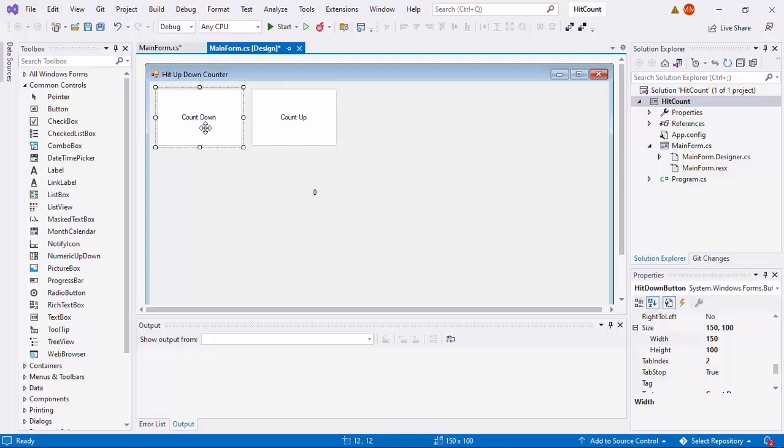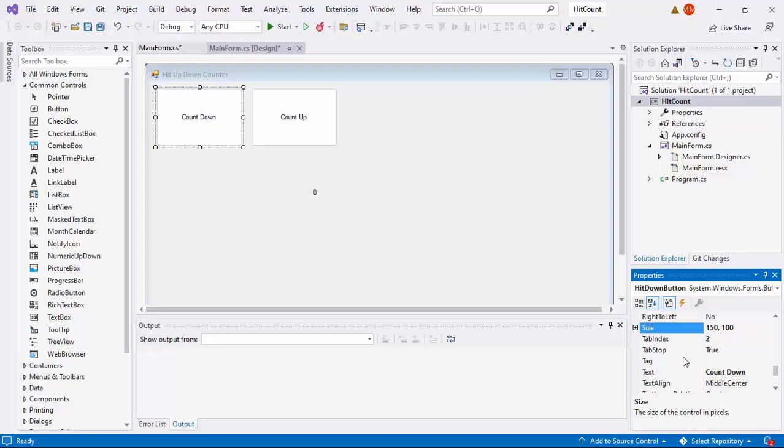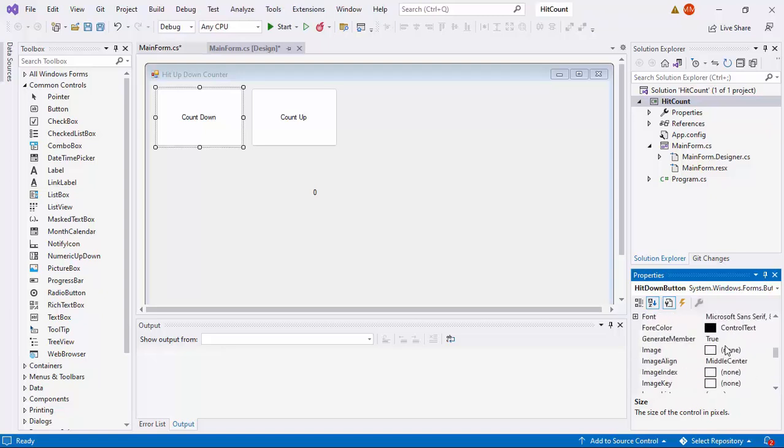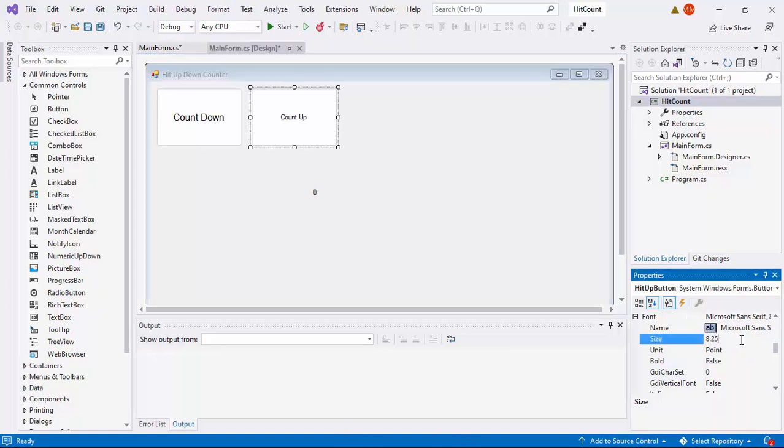All right, then the caption on the button seems to be too small, so it's better if we enlarge the font size. What about 12? Okay, looks good. This one also 12.